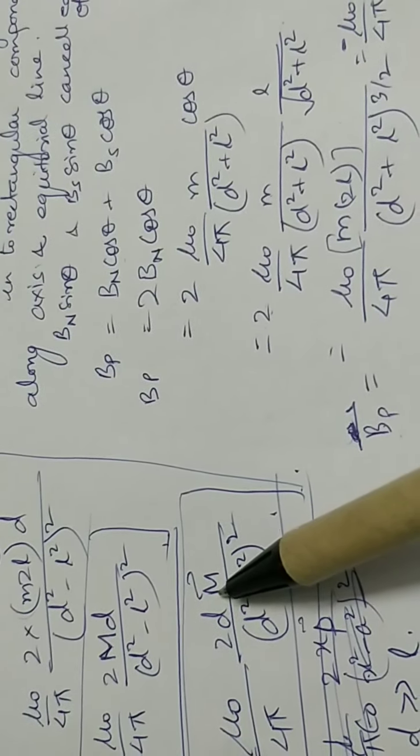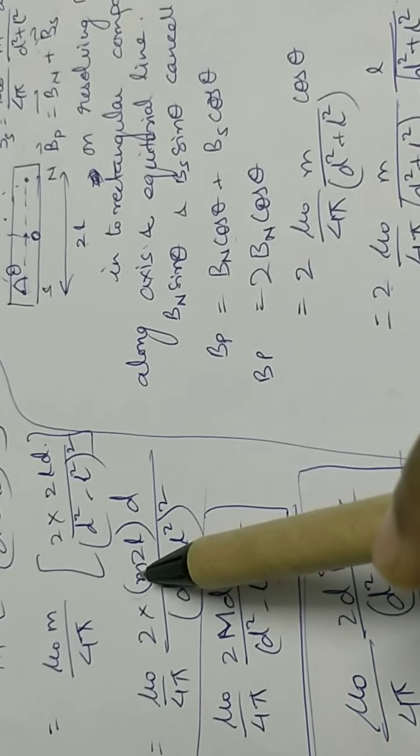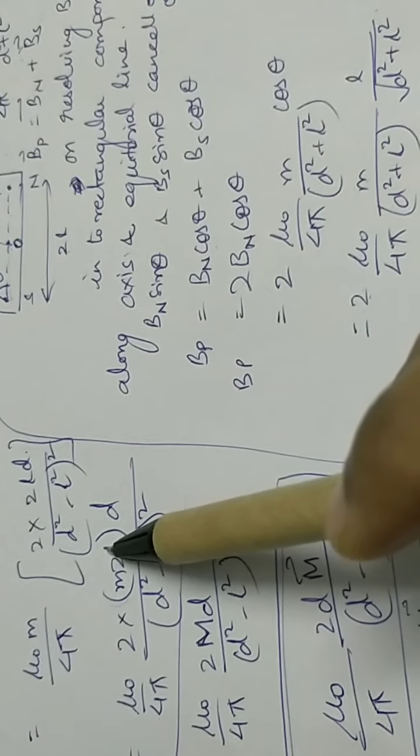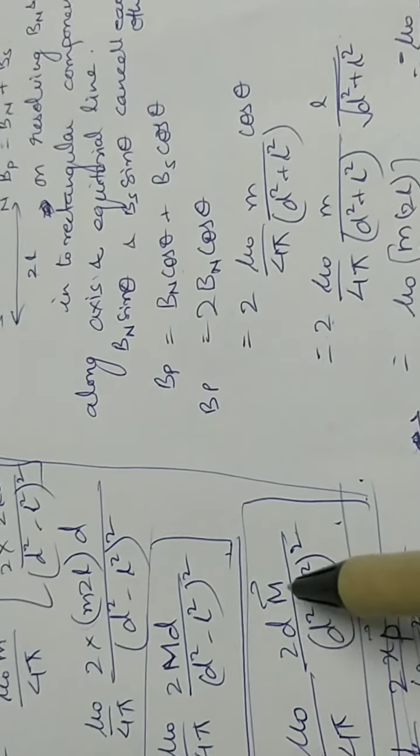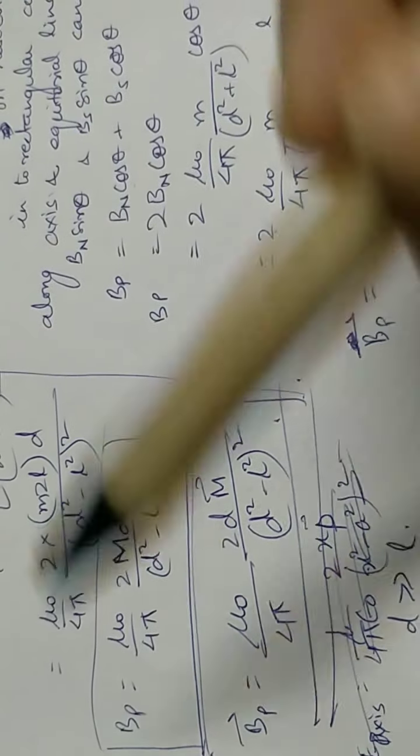Okay, so m, and what is m exactly? M was written as m into 2l. So the magnetic pole strength into the small distance between the two poles is the magnetic dipole moment. So a bar magnet is actually like a magnetic dipole, and in magnetism there is no monopole. Now let's talk about the torque on a bar magnet.